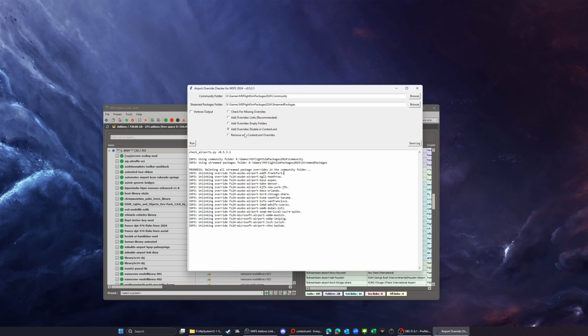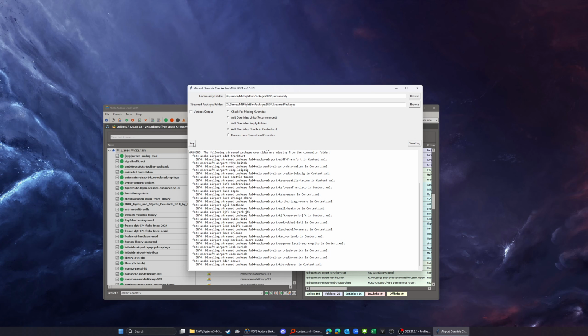There's no easy way to do that because I don't really know which packages you have disabled yourself through my library, and which packages have been disabled through this tool. So there's no one-click way to undo any overrides done through Content.xml. However, I will show you that if we do it like this, and this time it says disable stream package